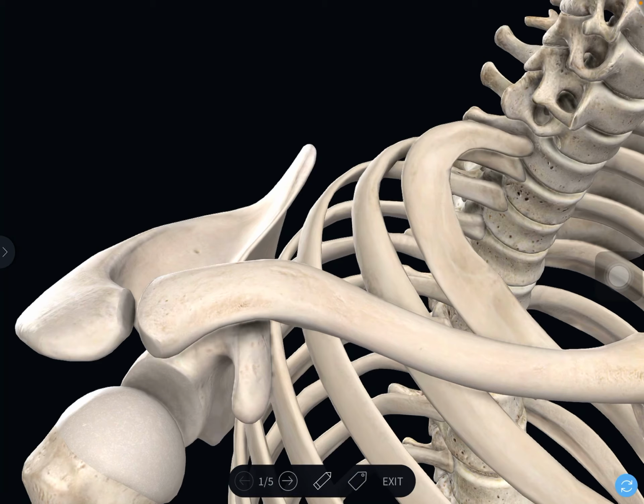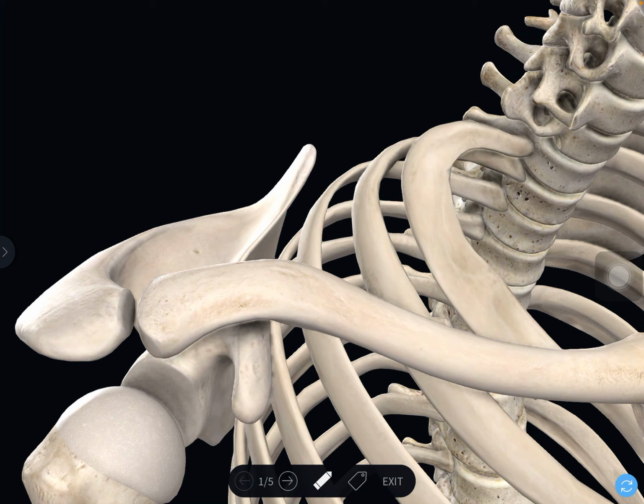You are seeing the clavicle. Now we will label. So this is the clavicle, bounded in front by the clavicle, behind by the superior border of the scapula and medially by the outer border of the first rib. So this part is called cervicoaxillary canal, which is the apex of the axilla.